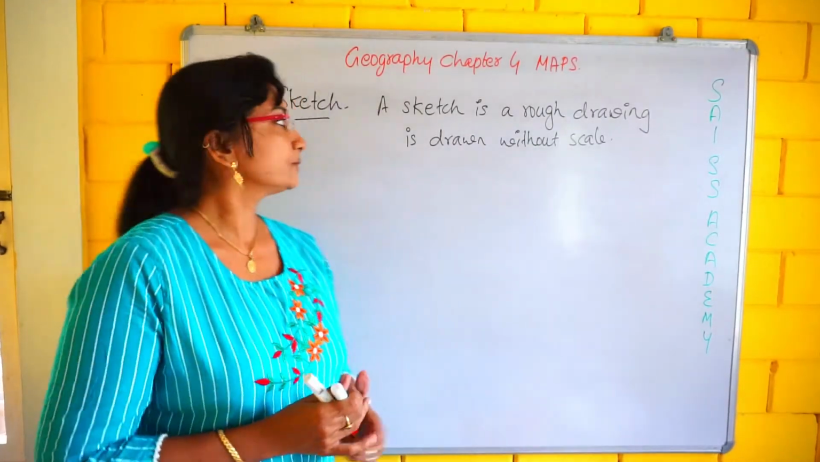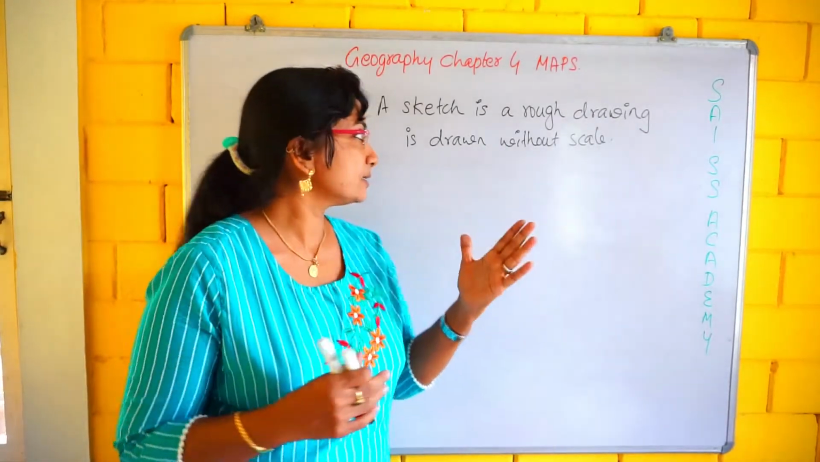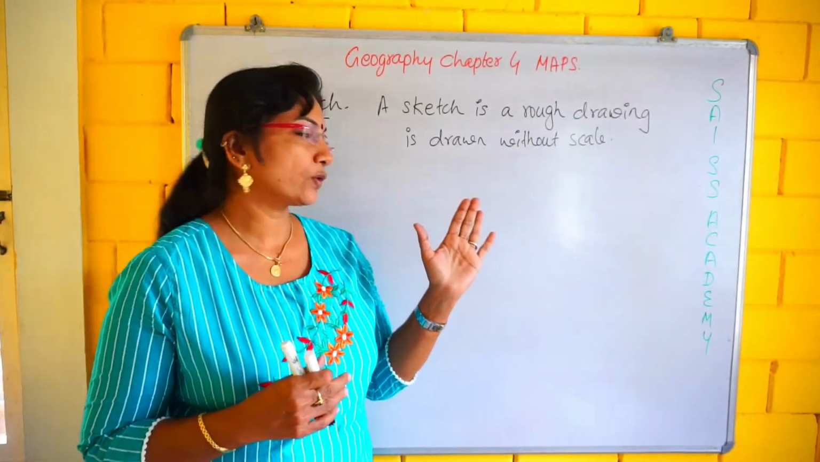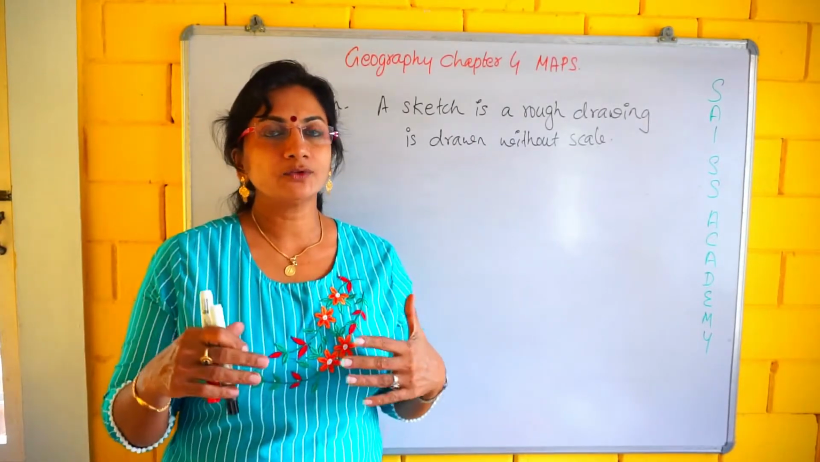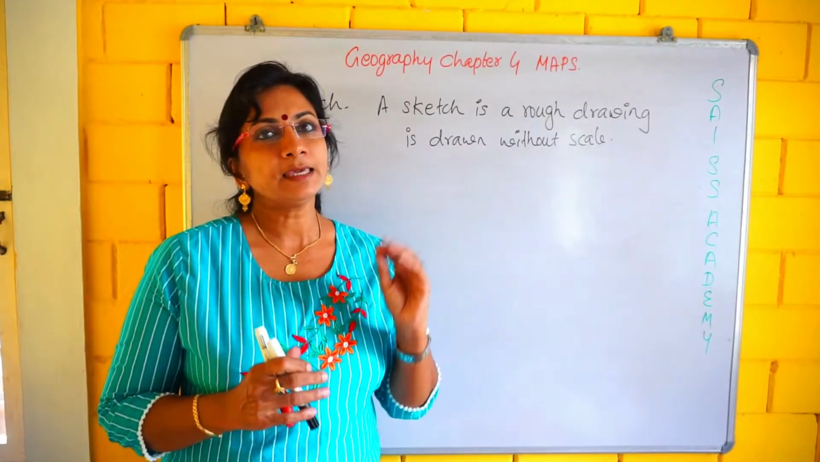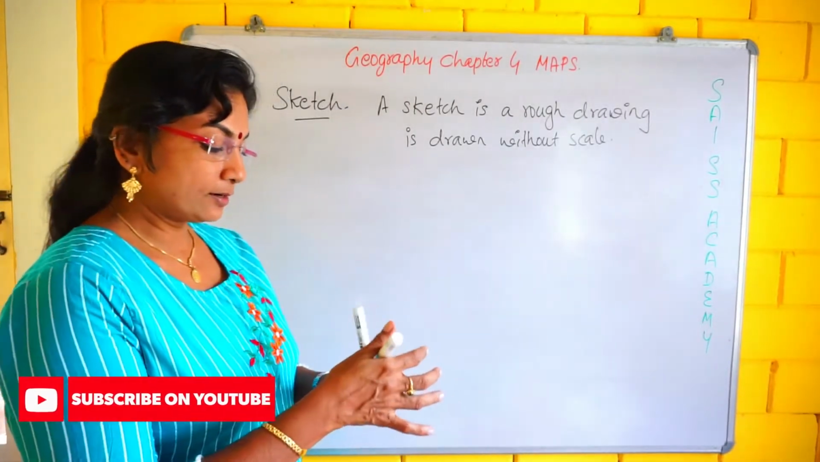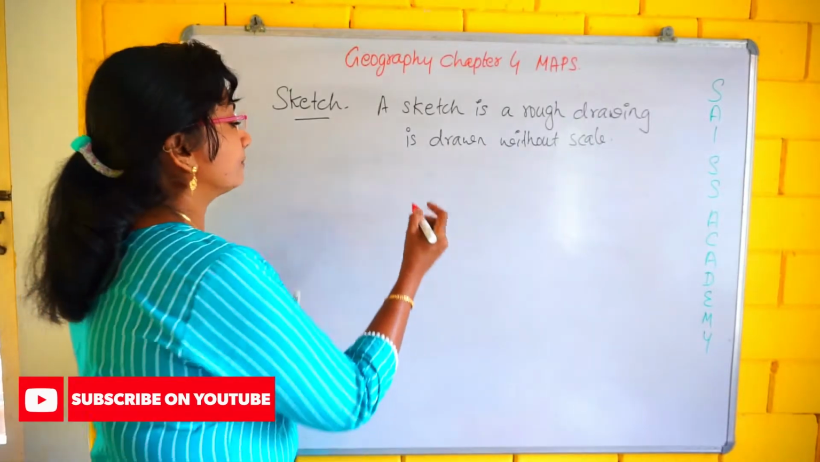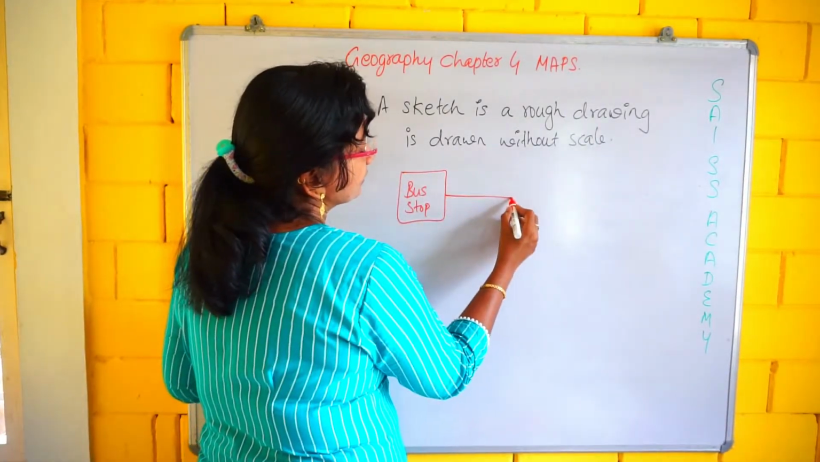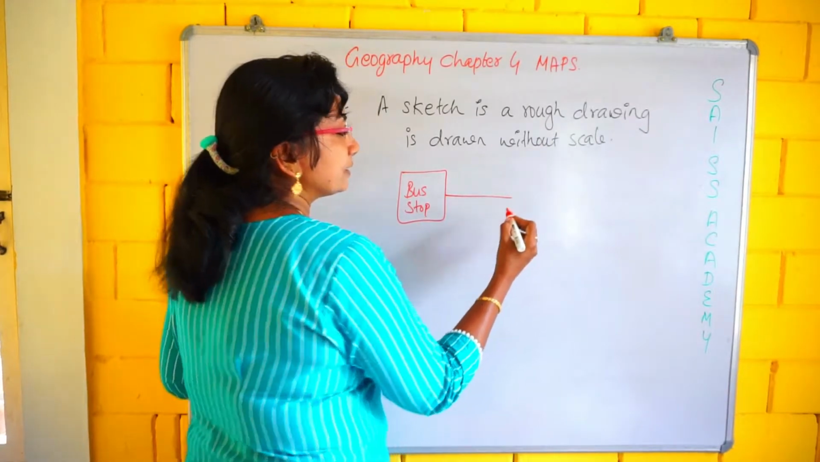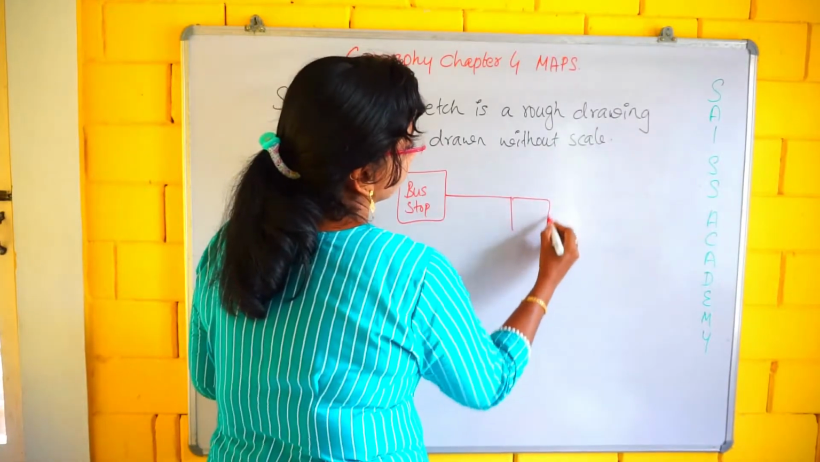Next, sketch. A sketch is a rough drawing drawn without scale. Okay, what is a sketch? A sketch is a rough drawing drawn without scale. That means, for example, if you have to visit your friend's house, he may make a rough sketch to show the way to his house. He may draw a sketch like this. For example, he will say to get down at this bus stop, and he has drawn it as, you have to travel to the right side,